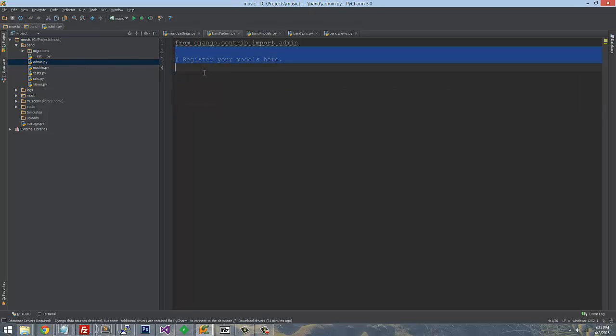Let's go over to the admin file, which is going to be empty here. And this is what Django Admin needs in order to be able to present your data properly inside the built-in admin system that comes with Django. So what we need to do is import the band class that we just defined in our models file. So we're going to say from models import band,